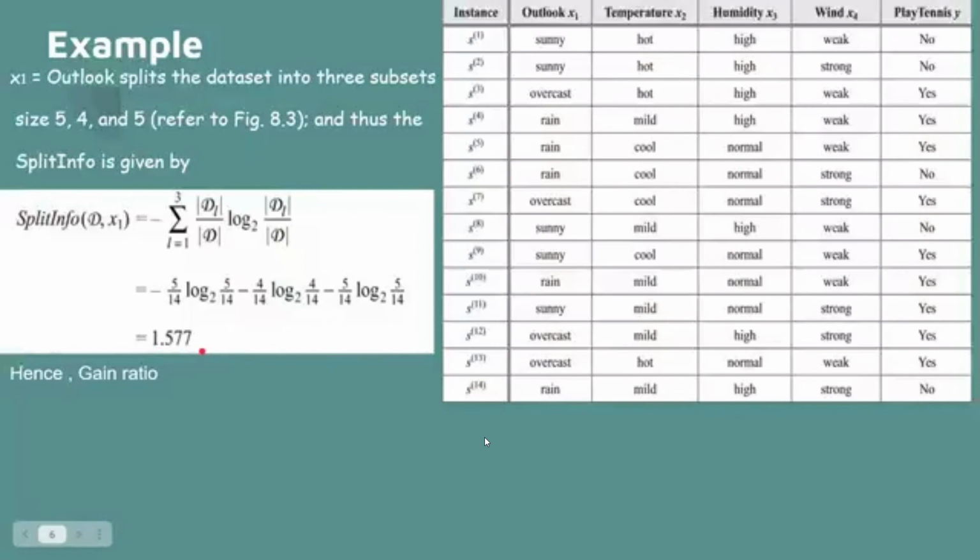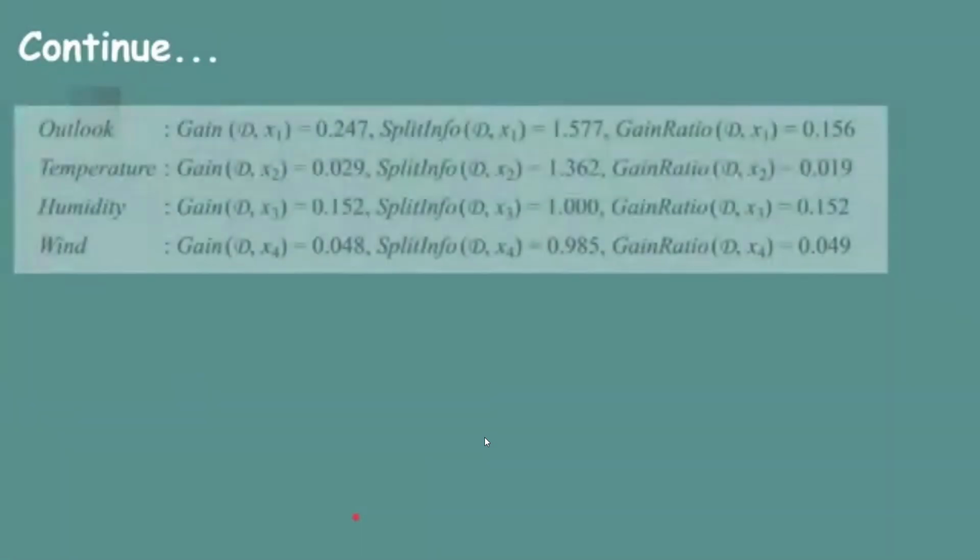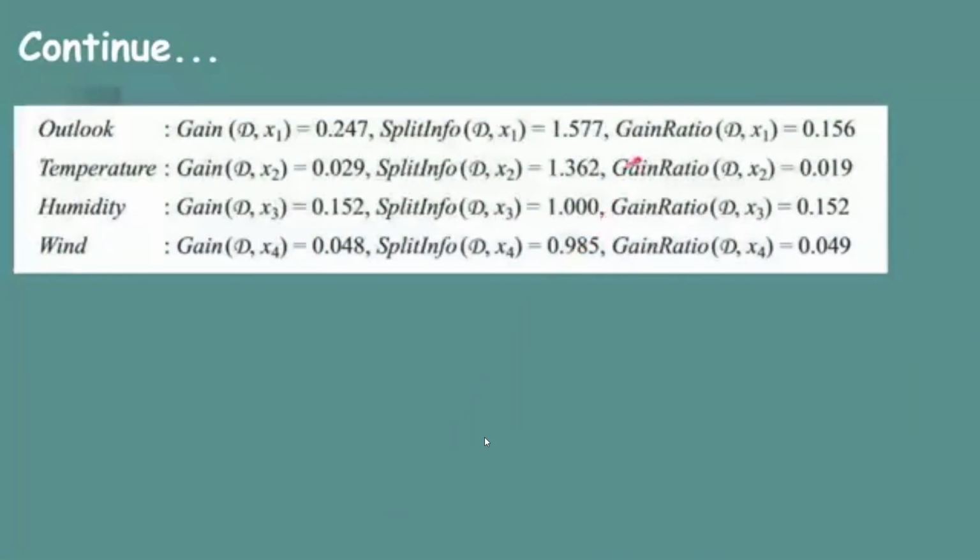1.577. So gain ratio, as we just defined in the previous slide, is defined as the gain of a particular attribute xi in the data set divided by split info of a particular attribute in the same data set. So we got this as 0.156. Similarly, doing it for the other attributes as well, we got the gain ratio for all the 4 attributes that we have in hand. By looking at these values, we found out that the gain ratio for